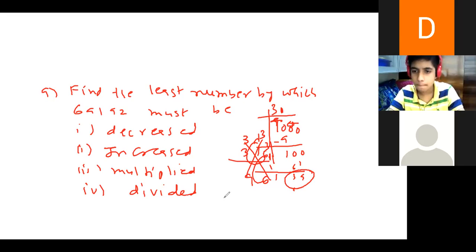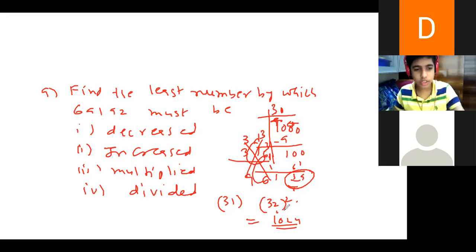So 31. The next one will be what? 32. Yes. So 32 will be our least one because with 31 you are getting a remainder. So the next one will be what? Which is 32, a perfect square. 32 squared is 1024. Yes, sir. That you have to write. Oh, understood now.